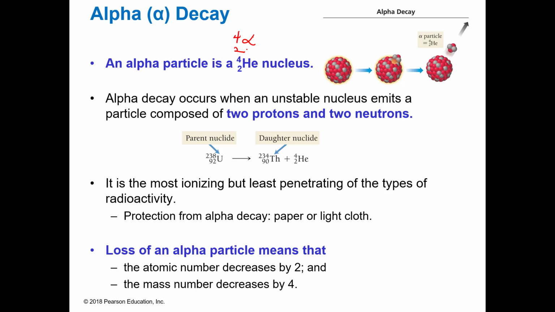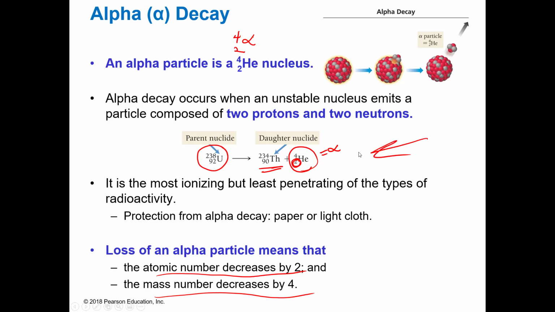And what happens is that, for example, if you start out with U-238 and you degrade that by emitting an alpha particle, then you're left with thorium-234. Okay, and so that's because when this bottom number changes, this is the most ionizing but least penetrating, so that means you can protect yourself with light cloth or paper or something from the ionization of this. When it loses an electron, the atomic number decreases by 2 and the mass number decreases by 4, as I showed you up here. And I'm going to show you how to account for that when we are balancing the